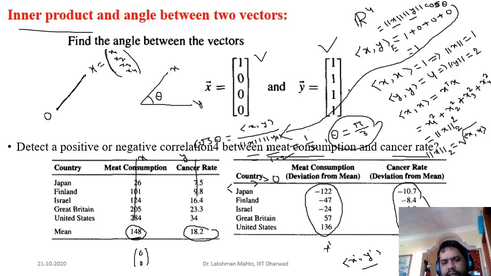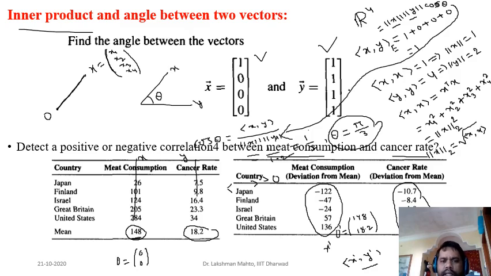for this data set. That means all these you can call 2D data points. And when you come to the mean deviation, what is the origin? The origin has been shifted to (148, 18.2). So this is the origin for the second, the mean deviation. We will call it O dash. This one is O dash, the origin of the mean deviation. This one is O, the origin of the first table, the origin in the case of the first tabular data.